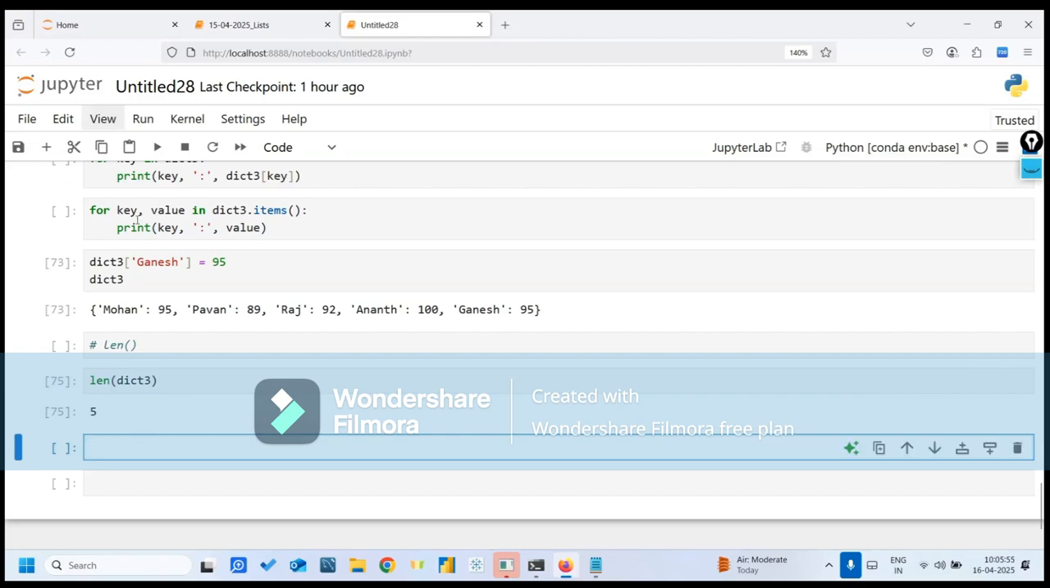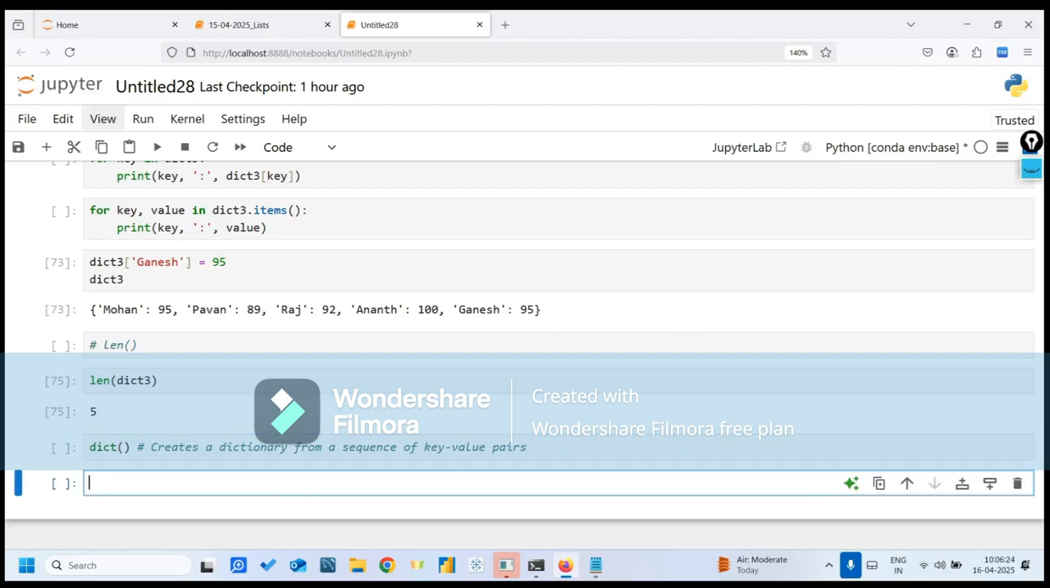Likewise, we have dict method. Already you know that to create an empty dictionary. So it creates a dictionary from a sequence of key value pairs. For example, if I wanted to,